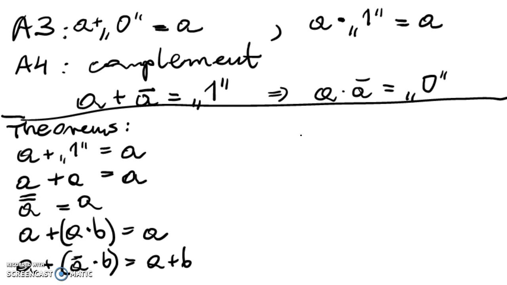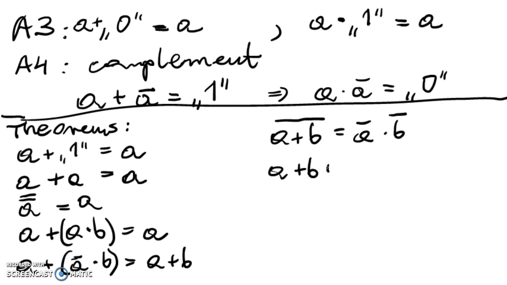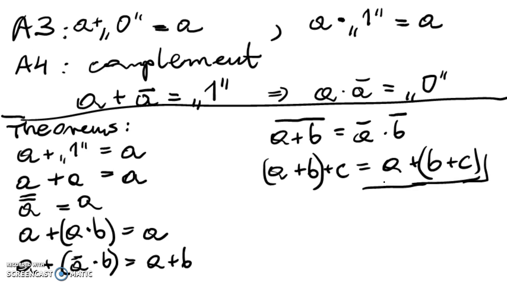Then you've got also De Morgan's law, and I hope you remember it from sentence calculus. And the last one is associativity: A plus B plus C. You can do it in any order, for example, in this way, A plus B plus C. Okay. So on slide 25 in my lecture materials, you've got more theorems than I just presented,